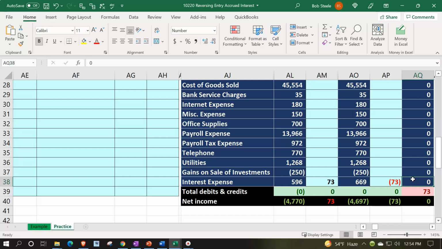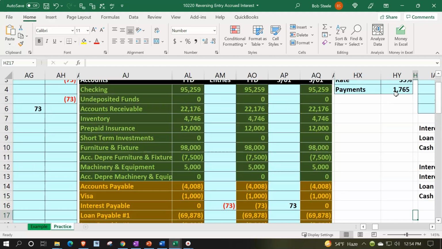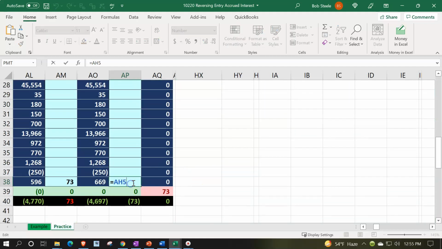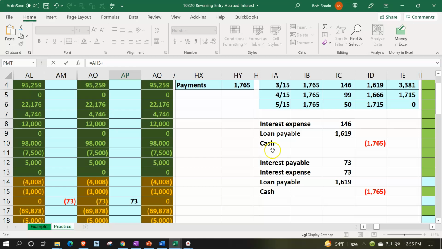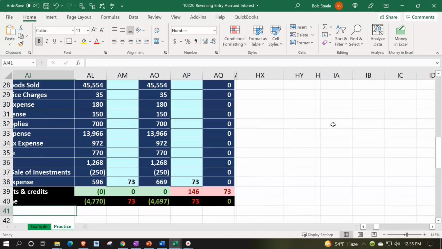It will be correct, in other words, once you make the normal payment as you normally would according to the amortization table on the 15th. Why? Because when they make that payment, which is going to look like this, they're going to have a debit of the 146, the full amount of the interest for the next payment that has accrued, but 15 days of it should have been in the prior period. When they post this 146 here, let's just do it real quick just to see it. It will then net out to be the proper amount. So we're going to say right there, they want this one, 146. It'll net out to be the proper amount of